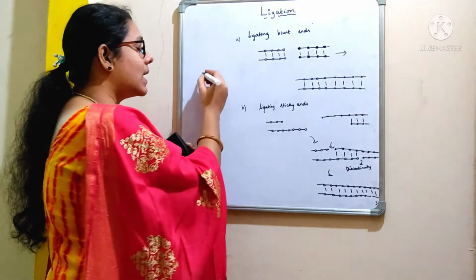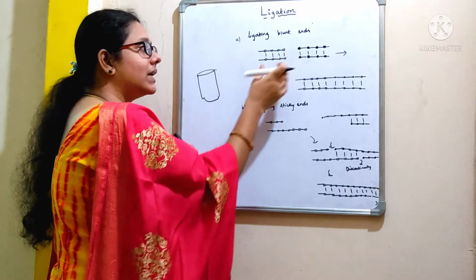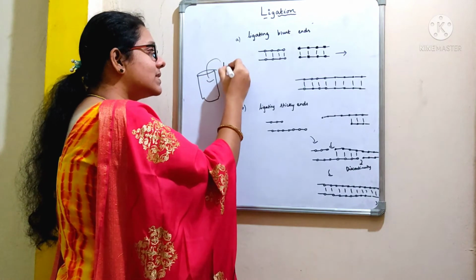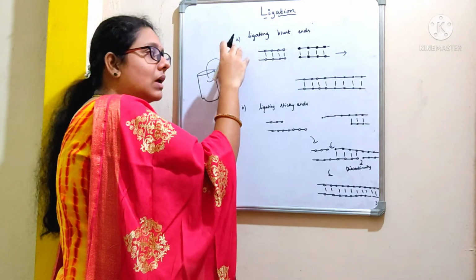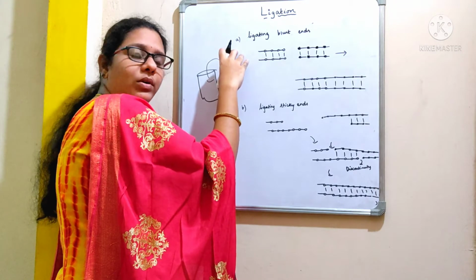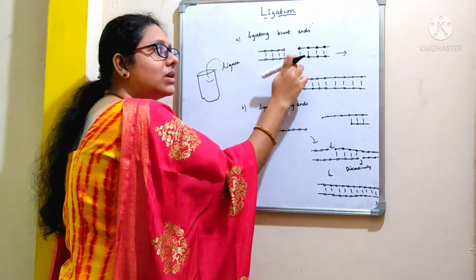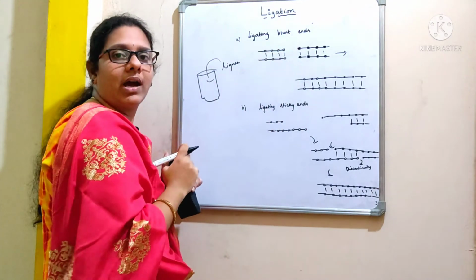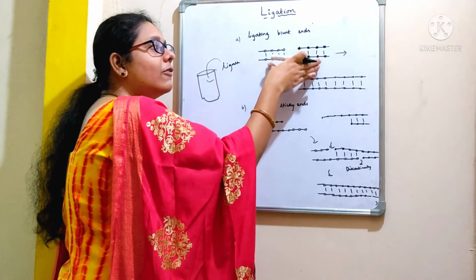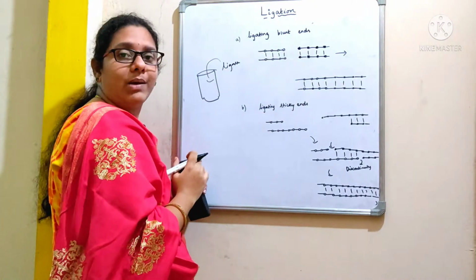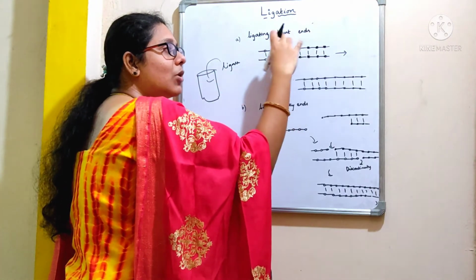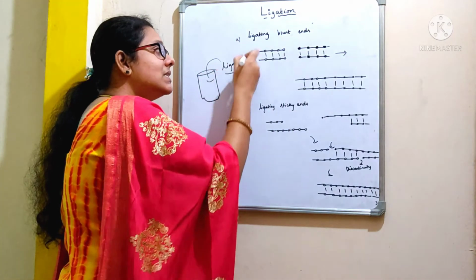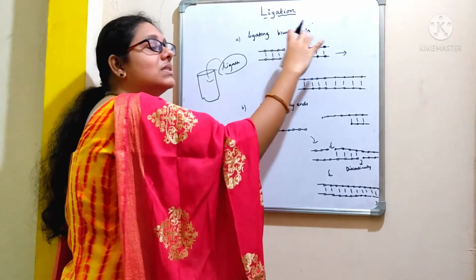Why? Because for example, if you take a reaction tube containing DNA molecules which have blunt ends, and this reaction tube is added with the enzyme ligase. Now what is this enzyme ligase going to do? It should form a phosphodiester bond between the adjacent nucleotides, and join the DNA fragments, right? But the joining of blunt ends is not very efficient. Why? Because when we add these DNA molecules having blunt ends along with the ligase in a reaction mixture, this enzyme ligase cannot catch hold of these DNA molecules.